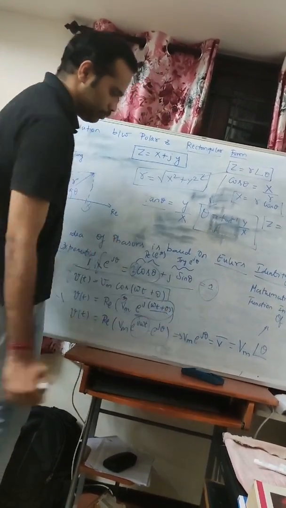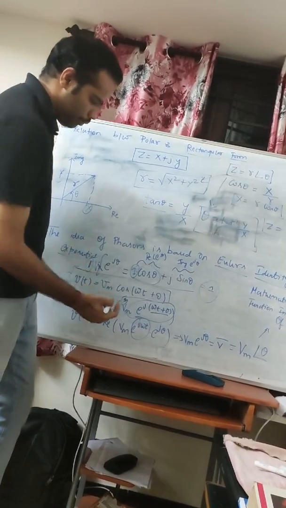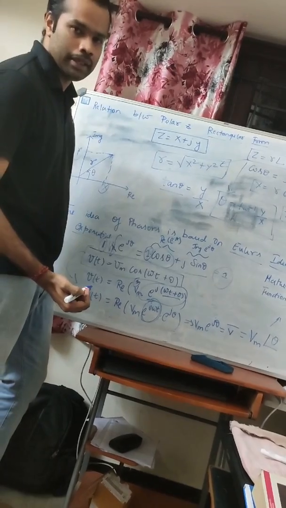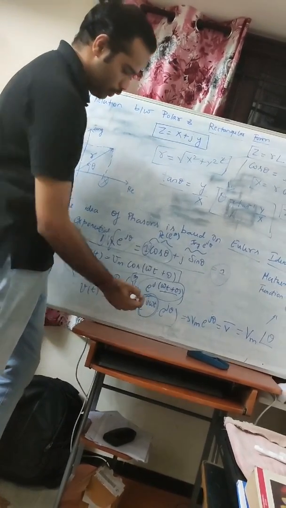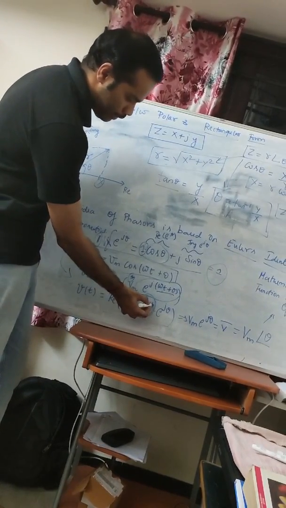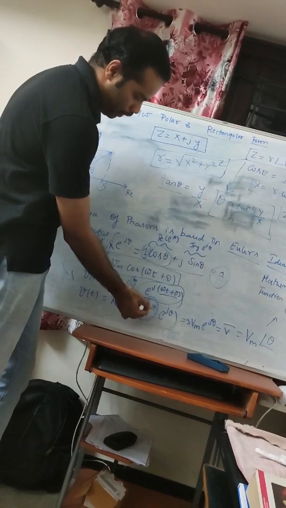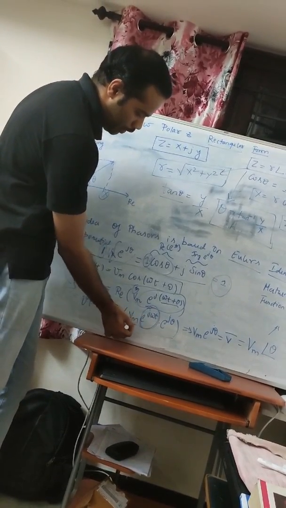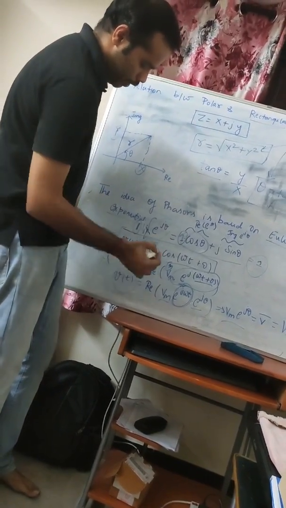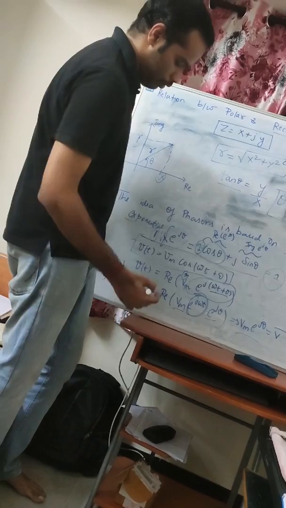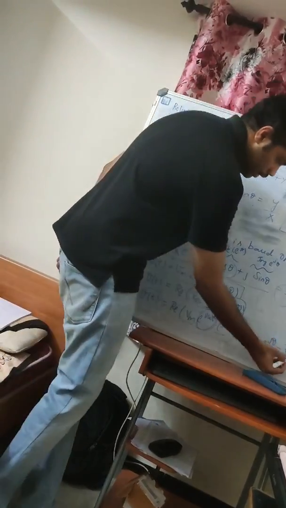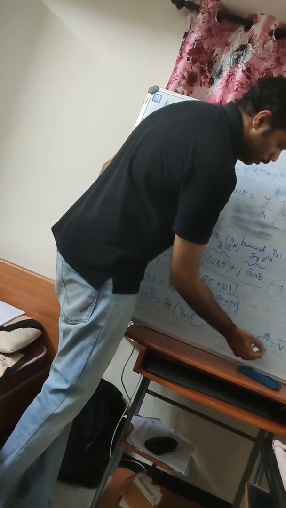So why e power j theta? In your previous lecture I explained that your complex form is completely time independent, as well as it is relating to my linear circuits. So your e power j omega t, the t is actually time dependent. Hence I am removing that form and I can relate it as Vm e power j theta. So I have transformed the time dependent physical voltage into the time independent form Vm e power j theta. So I can just replace this as the phasor form, which is relating e power j theta is